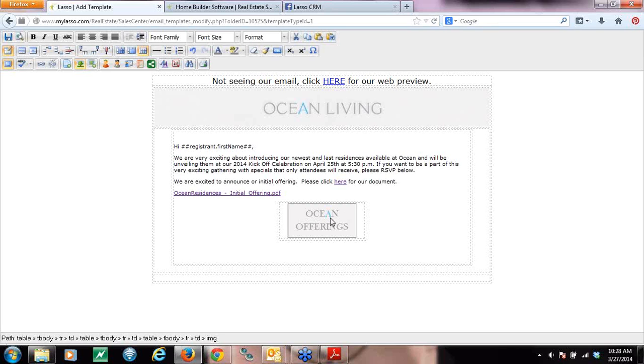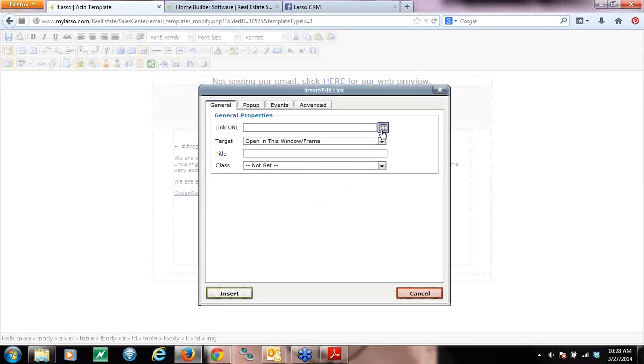Now I actually need to create the link to that document again. So just highlight that image, go through that same process of inserting that link again. Just click the browse